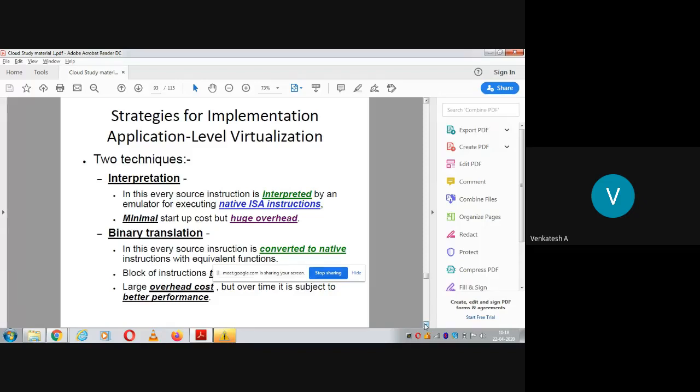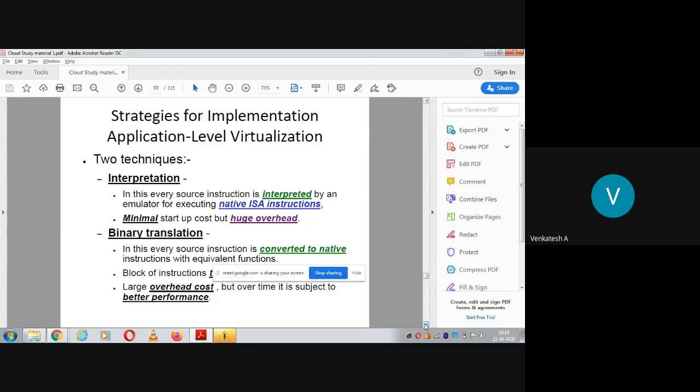In this technique, every source instruction, that is every command that you give whenever you access any functionality using your application, will be emulated for execution in your host operating system. That is native ISA instructions, and the startup cost is minimal but there is huge overhead.